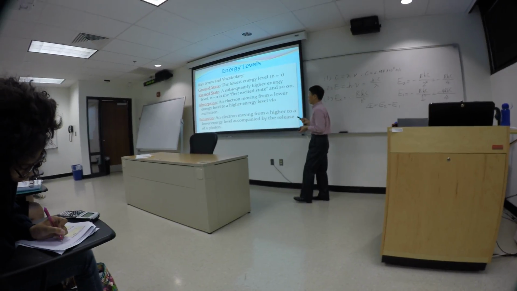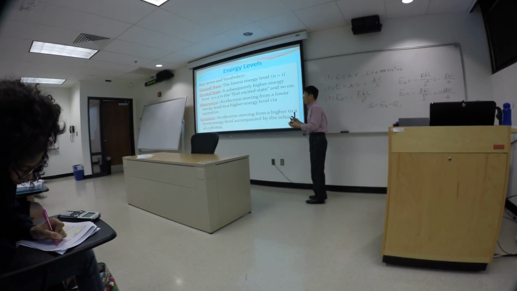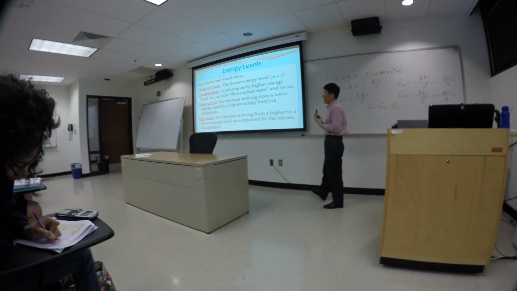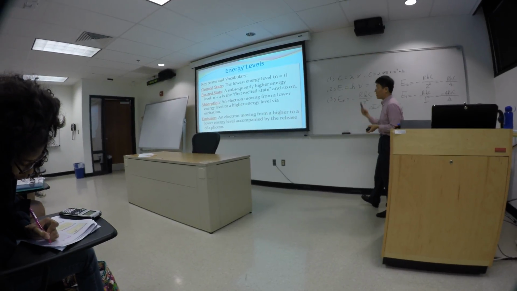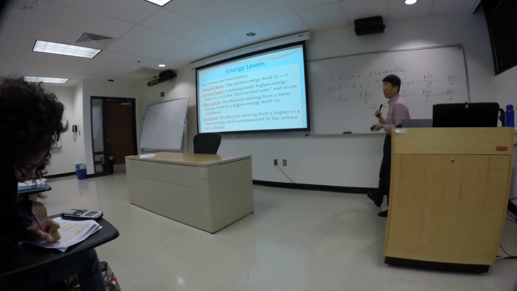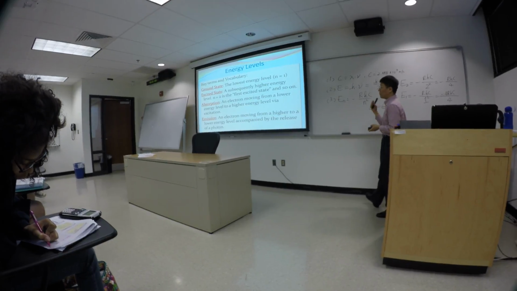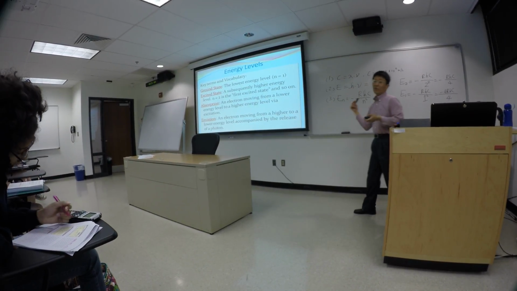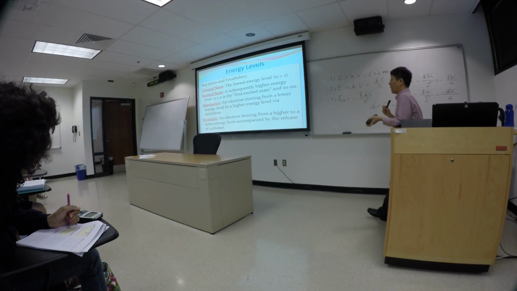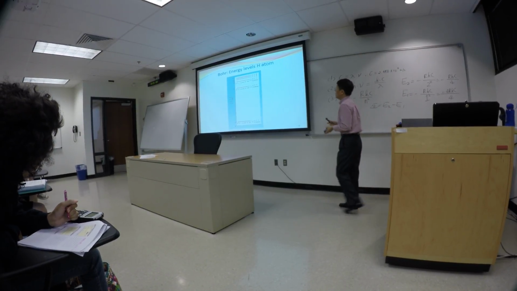So the emission is accompanied by the release of radiation. That's where we see those line emission spectra. And that's an indication electrons are coming down to a lower energy level, and the atoms of different elements have a unique pattern of the line emission spectrum. So in the Bohr's energy level